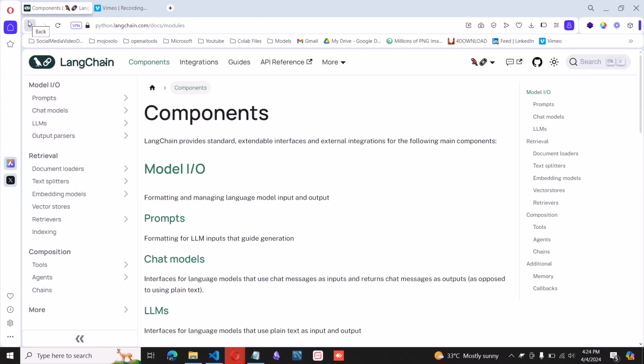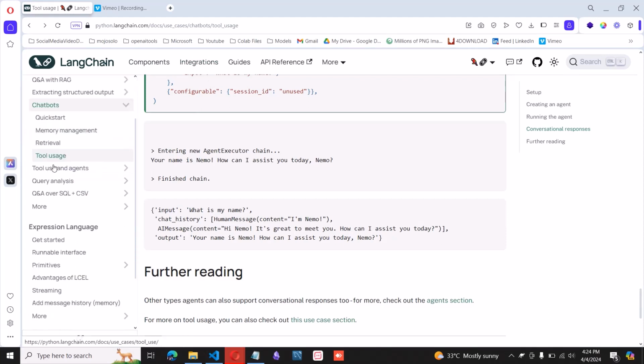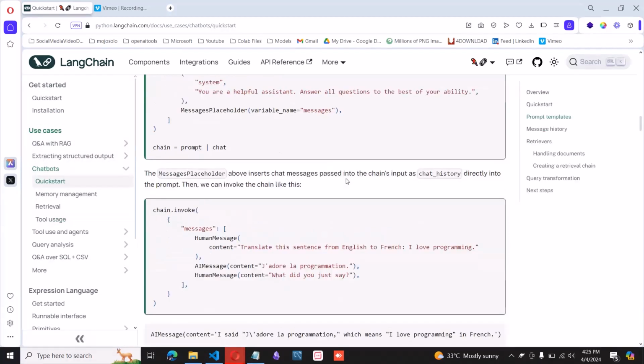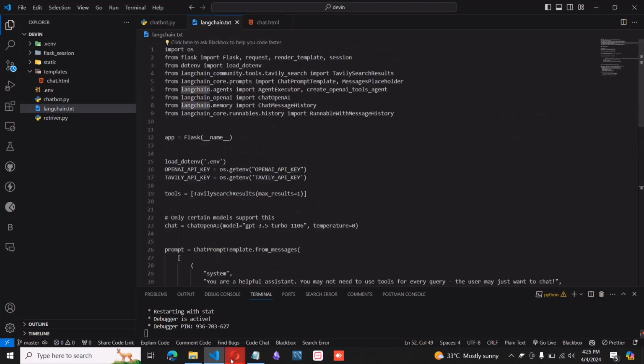So in the use cases section, you can see there is a chatbot section under the use case section. This code is only for the Colab notebook or some notebooks, right? It's a step-by-step conversation. But I need a proper web app to make this happen, like a user can really chat like a chatbot. This was the straight code I got,